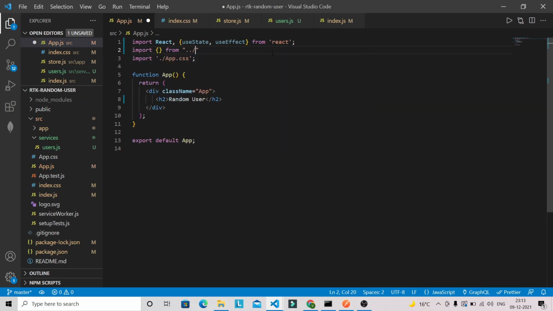So from services, we need to go to service folder. From users we need useGetUsersQuery.